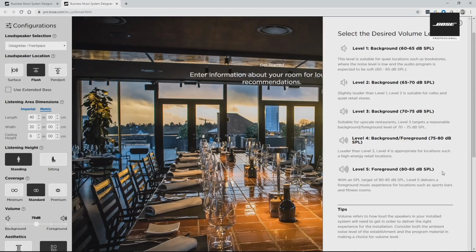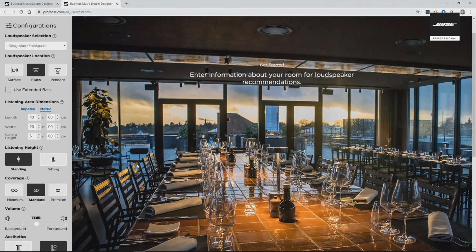If you go higher, then you go into a foreground system. So today we talk about background music. Level 5 is the maximum, what we say in background dB SPL. And that's what we say with level 5. We call it foreground. So it's foreground in the background area. But it's really good to have that understanding of the definition, how we use